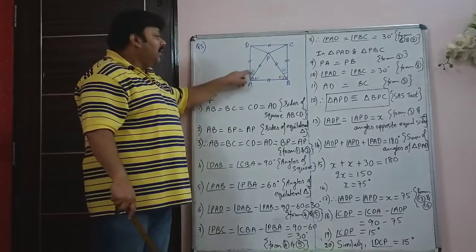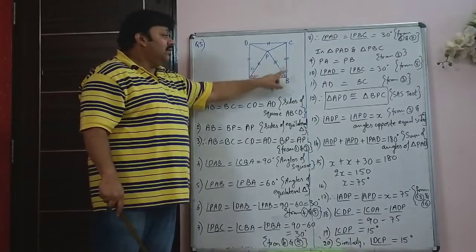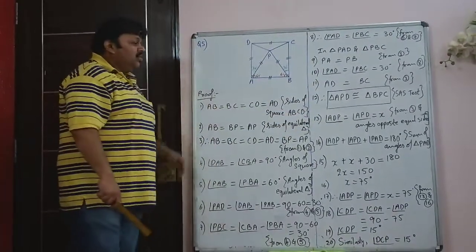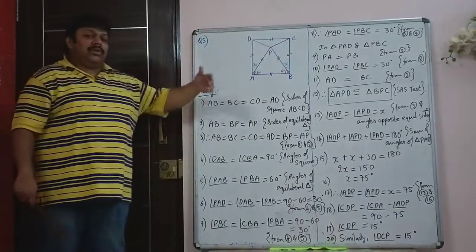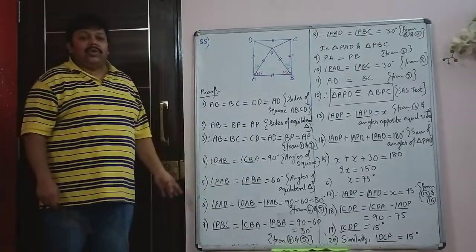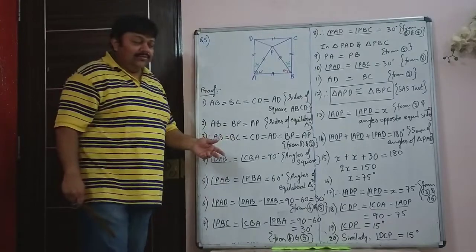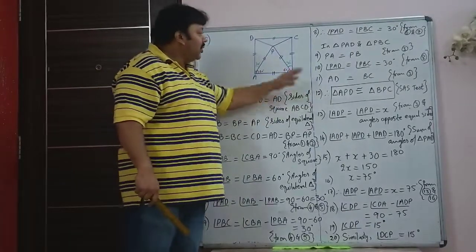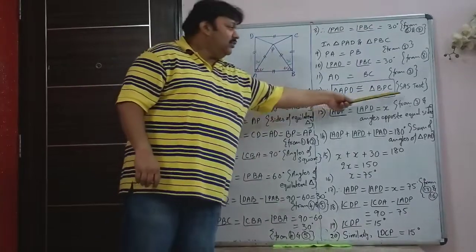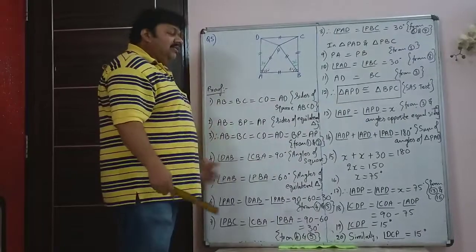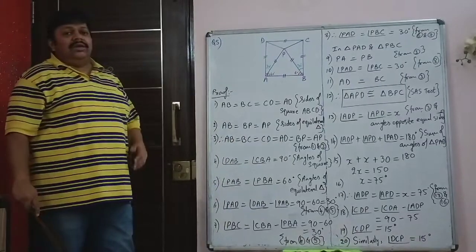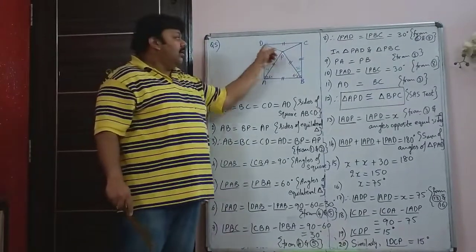So you have side angle side with side angle side, SAS test. So we have written all these steps for that. Usually in your sum, you will not be asked the second part, either you will be asked the first part or the second part. You won't be asked to prove everything because it becomes very lengthy. So usually your sum will be to prove that PAD is congruent to PBC, which you have proved by SAS test. But now in this question they have asked you to find the angles of triangle PDC. That is the triangle on top.